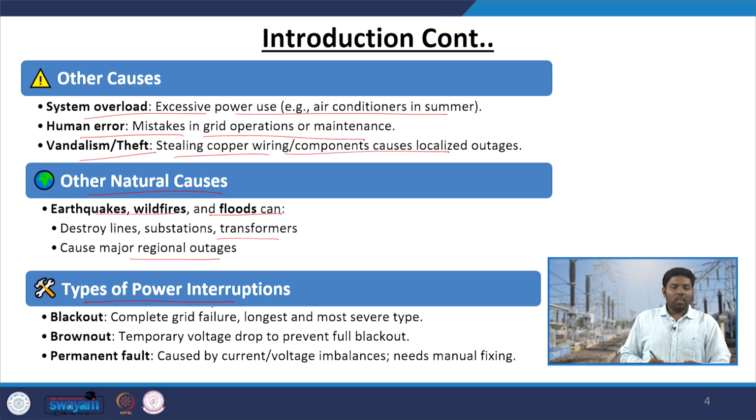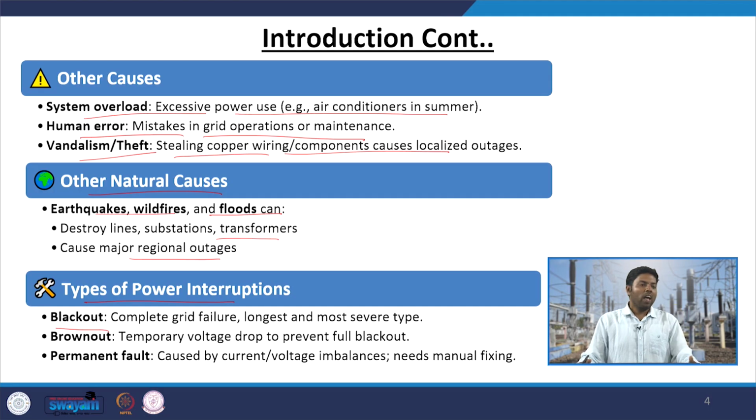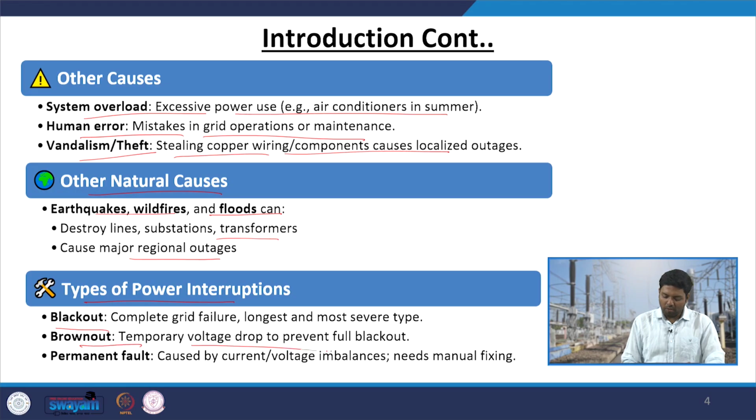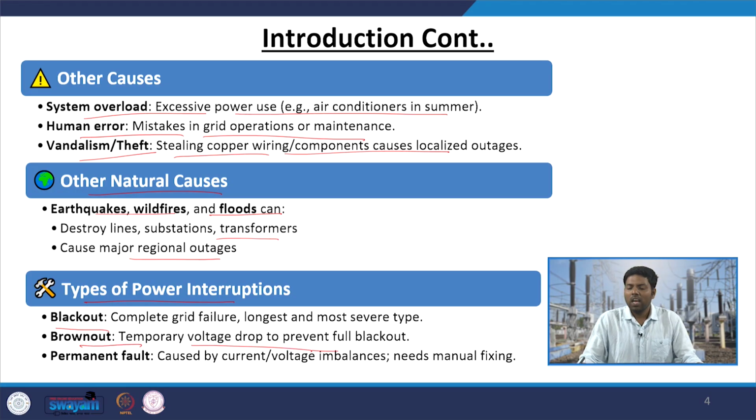So, types of power interruption. First, it will be blackout, that means complete grid failure, that is nothing is left, the entire grid will be shut down and no customer is getting power. Then there will be brownout, that is a temporary voltage drop to prevent the full blackout. That means the grid is under stress condition, the grid is experiencing lower frequency depending upon the reference frequency, and also the voltage sag or voltage dip is very high, but still the system is running. It is not that everything is shut down, everything is cut out, it is not the case. It is experiencing a stress condition, but it can be overcome with the help of other means or the backup